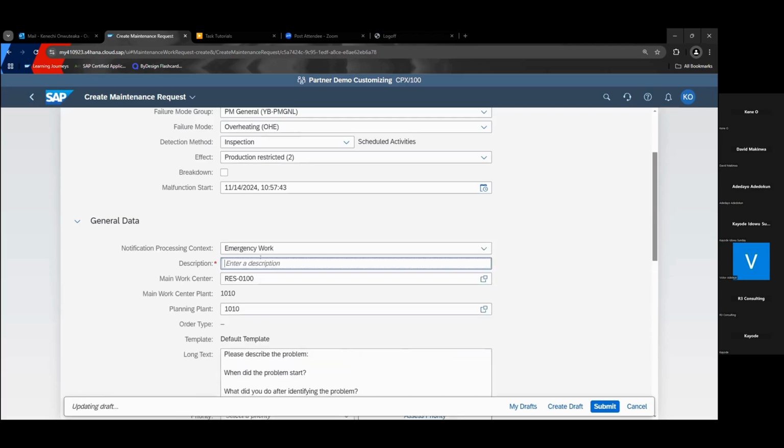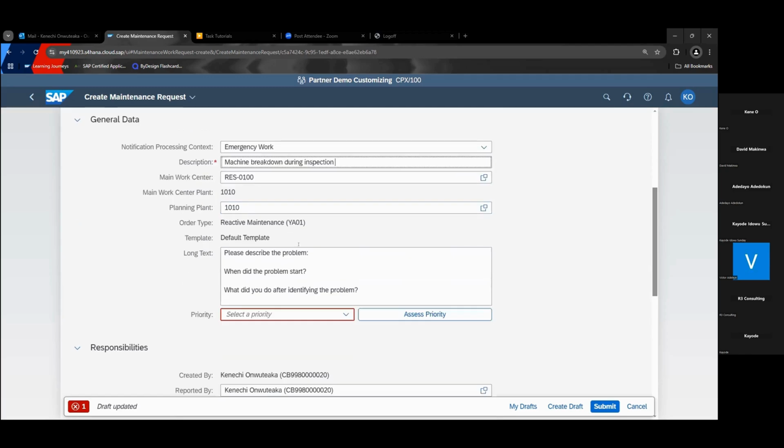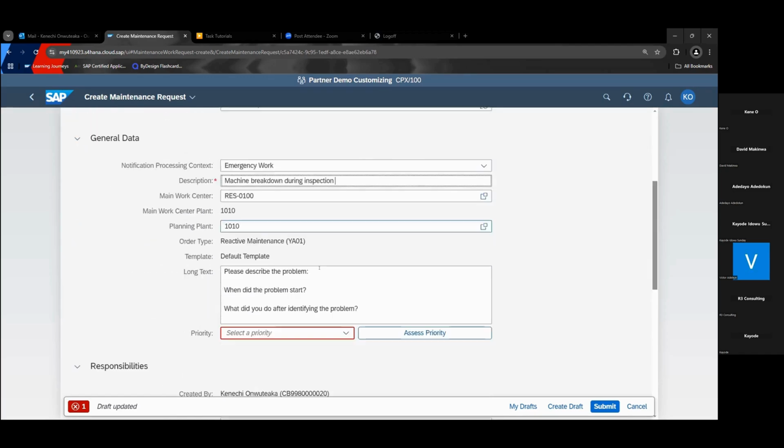So we can enter a description: during inspection, we saw the machine broke down. Or machine breakdown inspection. Okay, so we have the work centers, and the order type is already reactive maintenance because we are reacting to a problem.